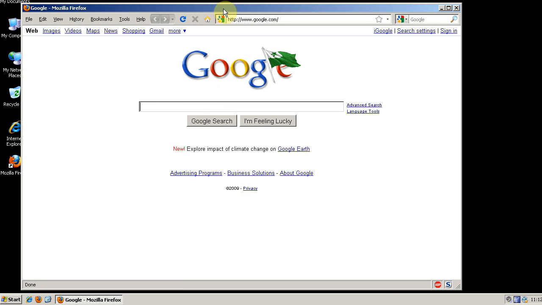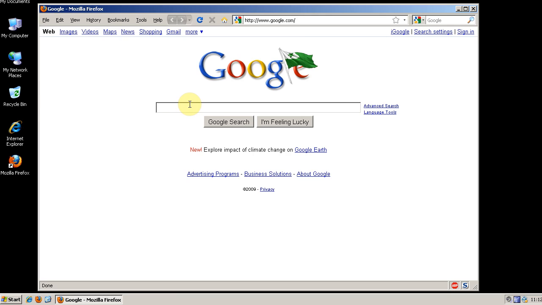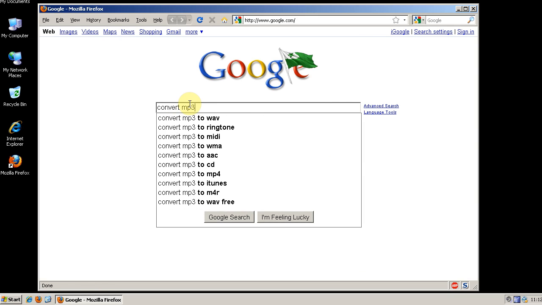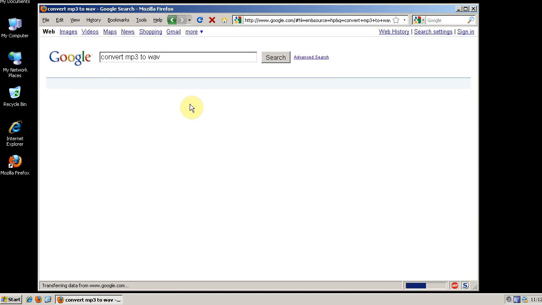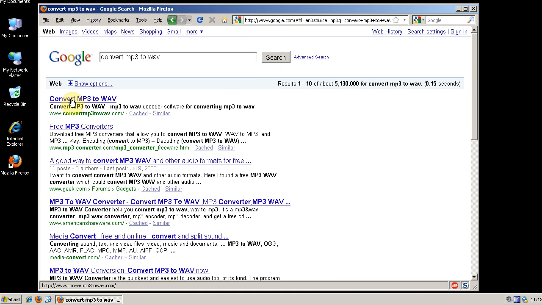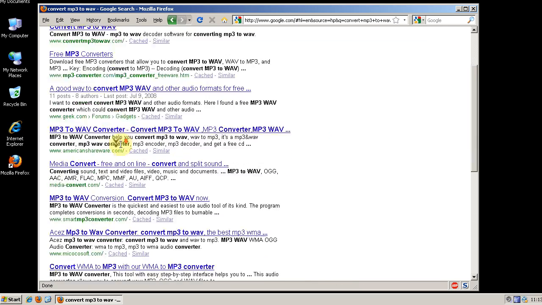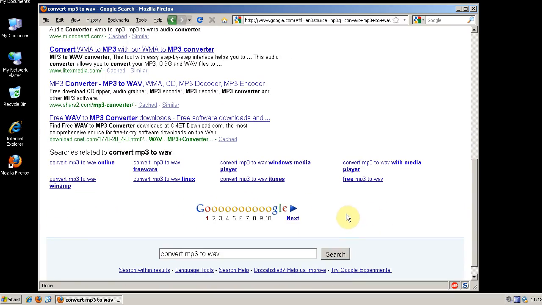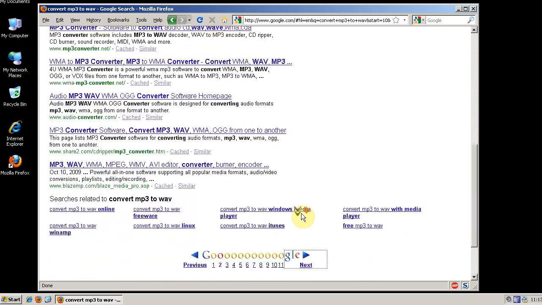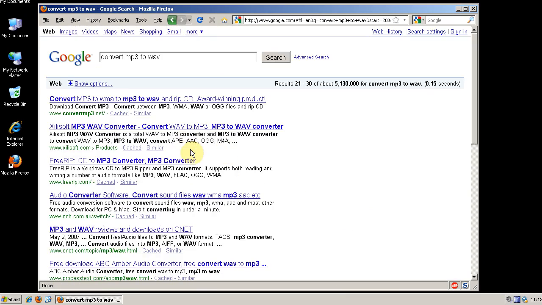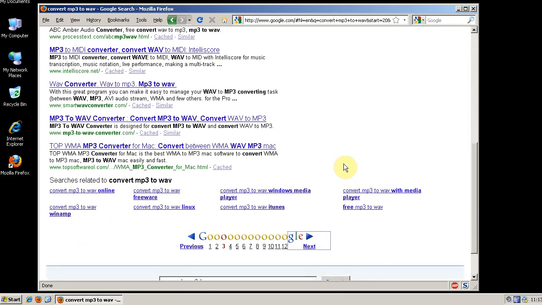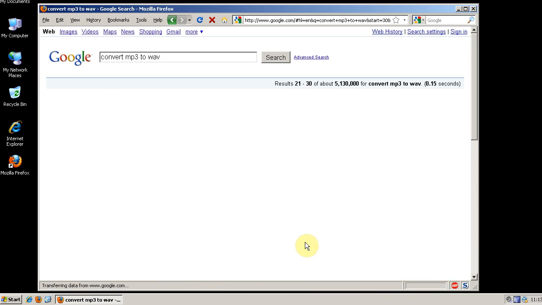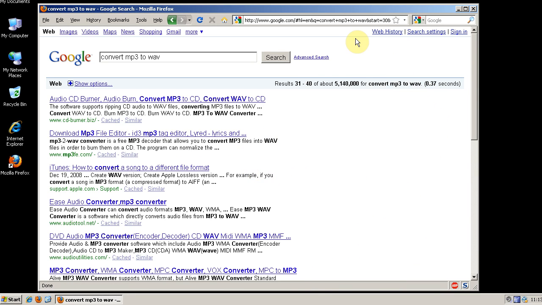So, as I told you before, most people get some file they can't play on their computer, so they say, I need something to convert MP3 to something, WAV, and you get these random domains: convert MP3 to WAV, MP3 converter. The further down you go, it seems the more sketchy they get, but even the top results, in my opinion, are fairly sketchy. So this is not the way to go about this.